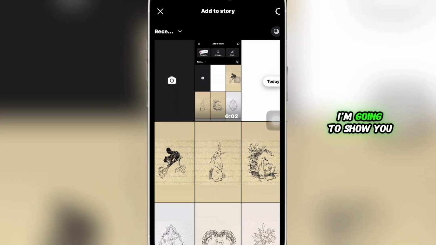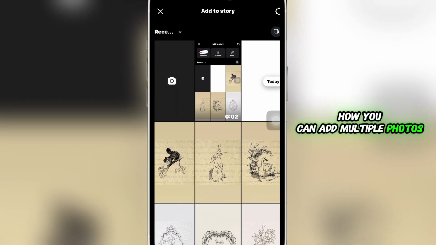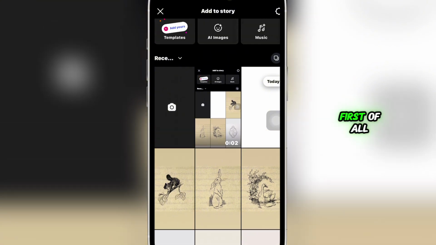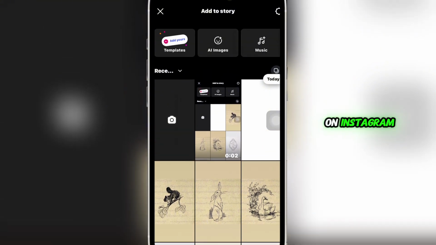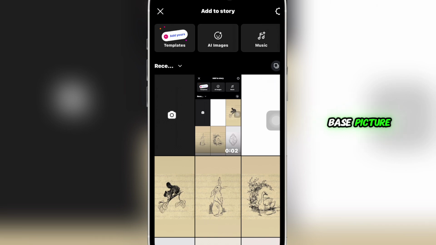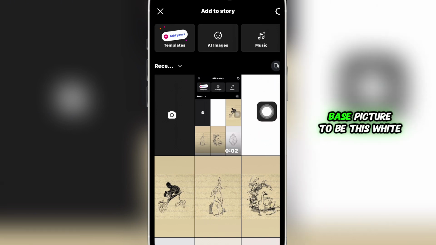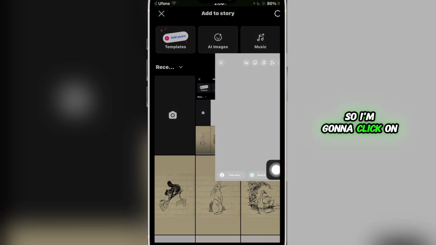In today's video I'm going to show you how you can add multiple photos in Instagram story. So let's get started. First of all, you're gonna head over to your add to story option on Instagram and you're gonna select a base picture. For example, I want the base picture to be this white over here, so I'm gonna click on it, and